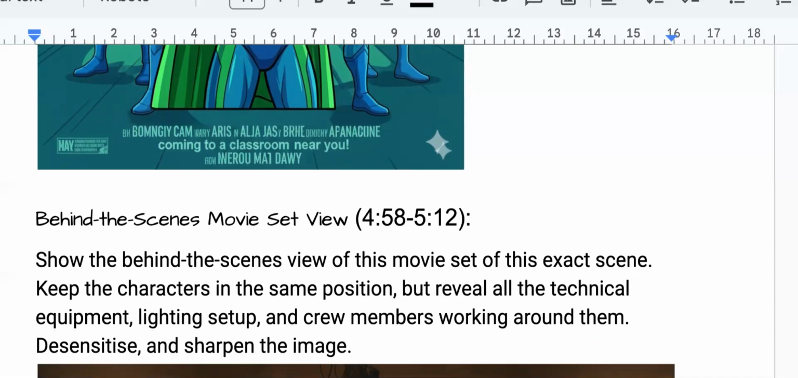Yeah. Behind the scenes movie set view. So what you can do is take a little clip from a movie, and this would be really good for your film studies, your moving image studies, and then you put it in that scene, and it shows you behind the scenes all of the people working around it with the lighting, etc., and it just makes it a little bit more like a film, like a movie